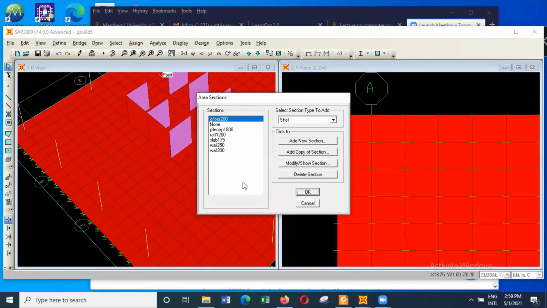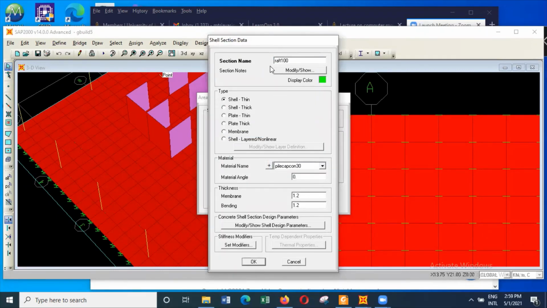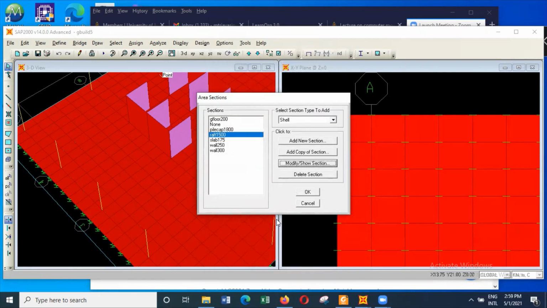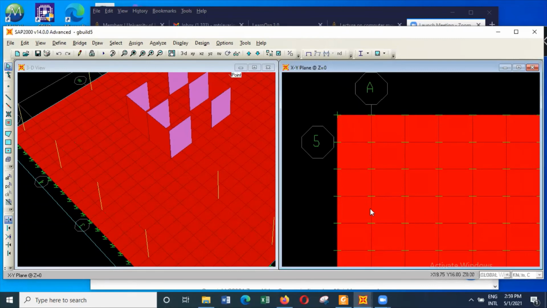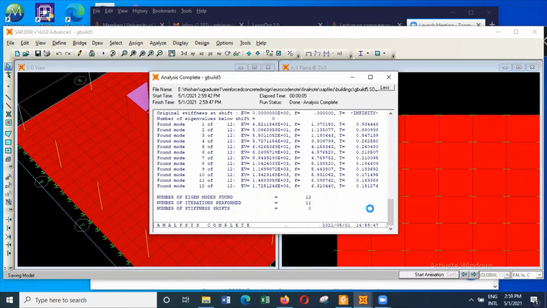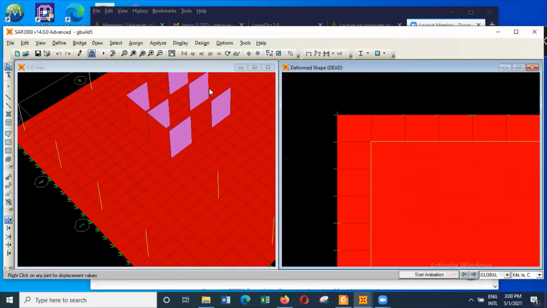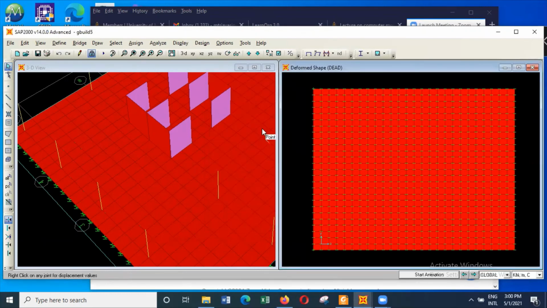So if you increase the thickness of the raft, define section properties, raft, modify it, and we'll make it 1500. We can run the analysis and see what happens to these reactions. So it's all done, and here you can see, display